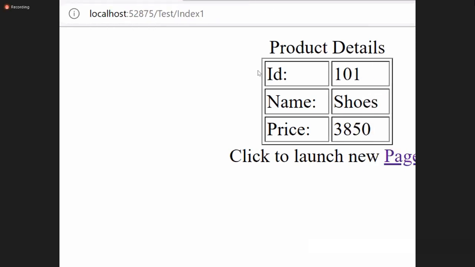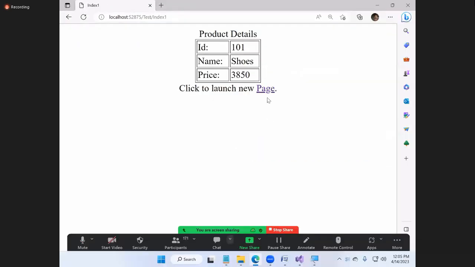What is launched? Sorry, I called index 5 home. Now test index 1. Click on the page. Values are not accessible. So let me go to index 1 again, I just use the back button. Refresh, not getting the value. See why? The values are lost there. You're not getting the value again.